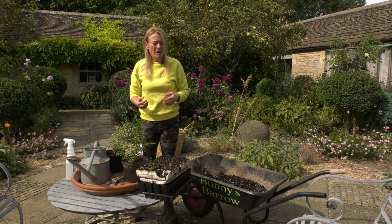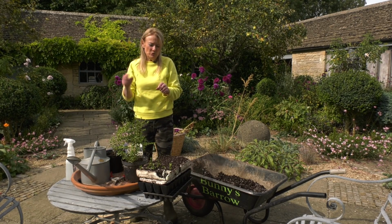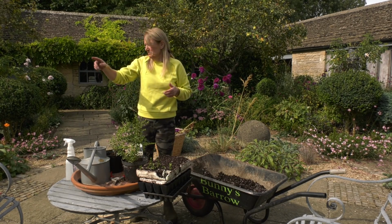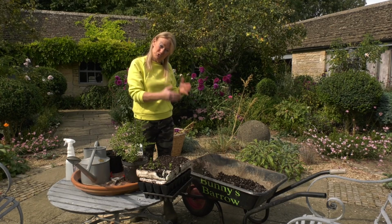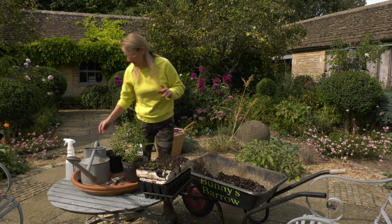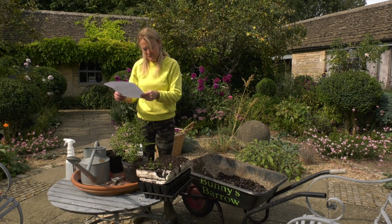I probably wouldn't plant them out in the exact hedging position when they were just rooted liners, because they are a wee bit vulnerable and they need a bit more space and light. I don't want them competing with all the neighbouring thugs that would be around them if I put them straight in position. So that's really box plants rooting,